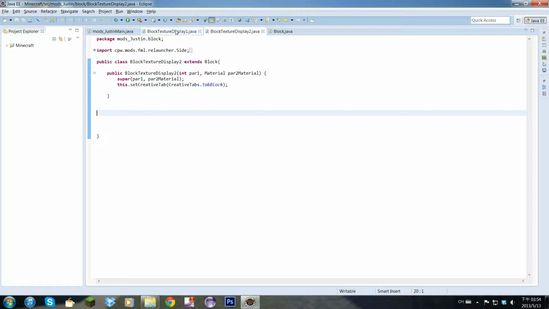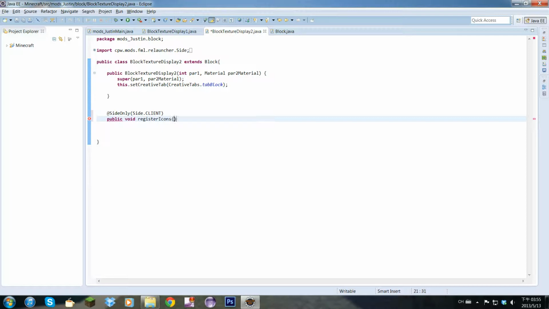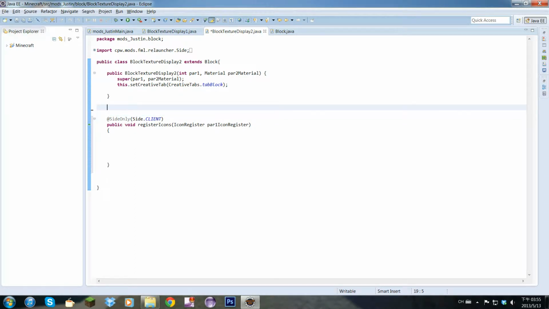So now we are going to do the same thing. Let's review a little bit. Do add SideOnly. This will reduce your chance to crash your Minecraft. Public void registerIcons, and then go IconRegister, give it a part 1 name, and then squiggly brackets, extend it out. Okay, it's already imported, so we don't bother. So now, outside of the method, or inside of it, I prefer outside, okay? Do private